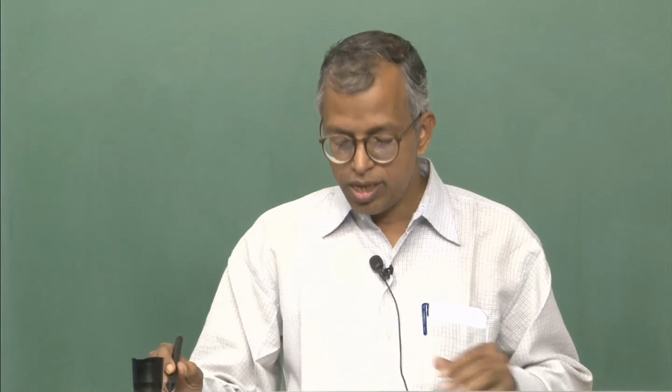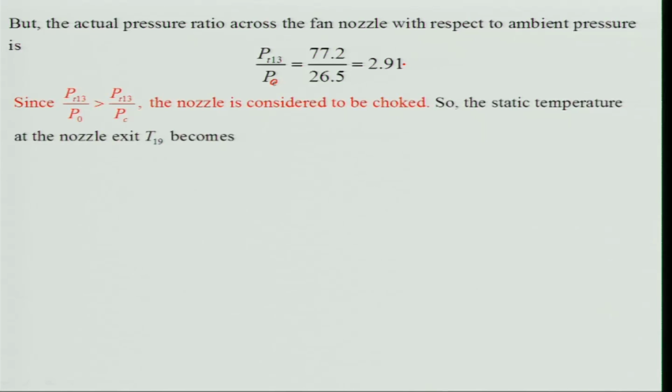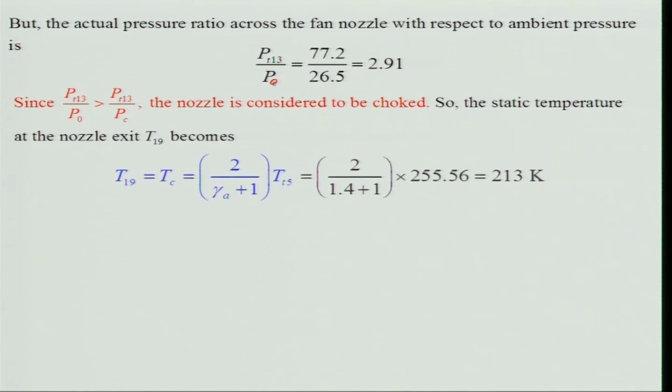If it is higher, then is it choked or unchoked? It is basically choked. So, if it is choked, that means it is having a critical velocity. What is that? That is equal to the speed of sound at the exit. So, the static temperature at the nozzle exit can be determined very easily, because Mach number is 1. So, from that condition you will get T19 is equal to